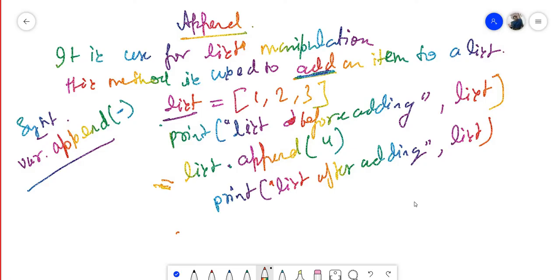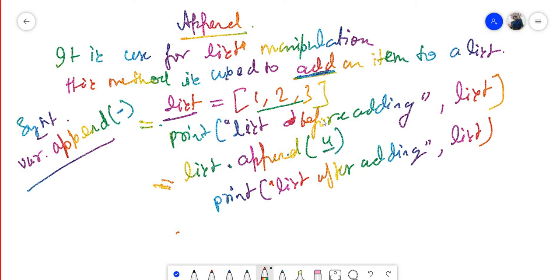Okay. Now I'm going to tell you extend. Append is used to add a single value in a list. Now we will use extend to add multiple values in a list. You can add alphabets, characters, alphanumeric, any type of value by the same method.